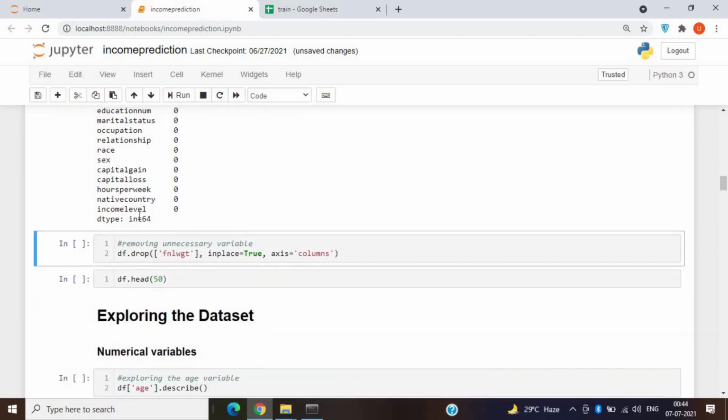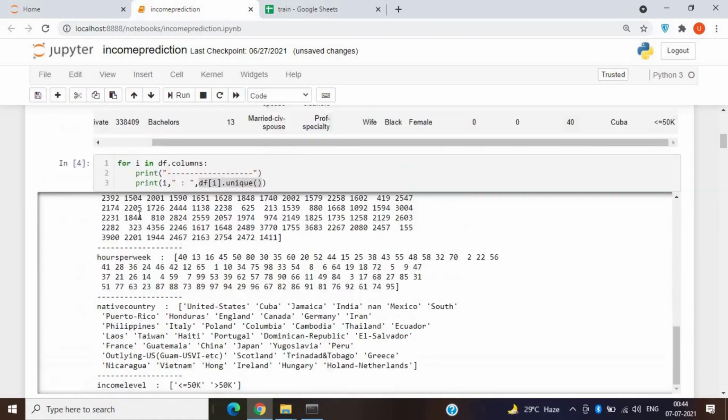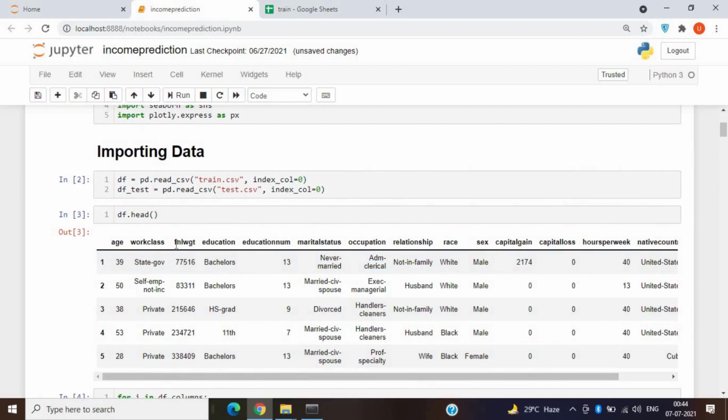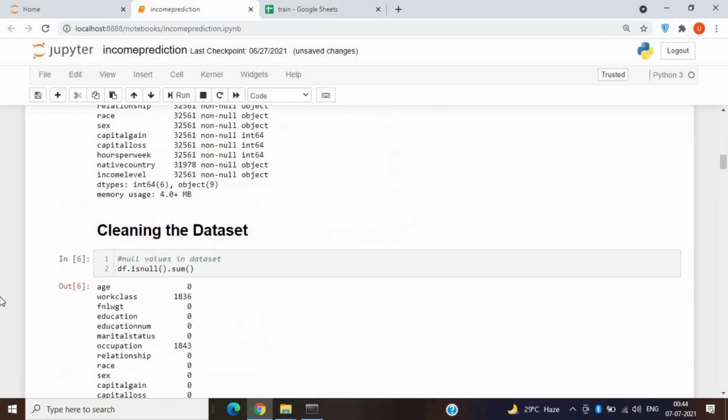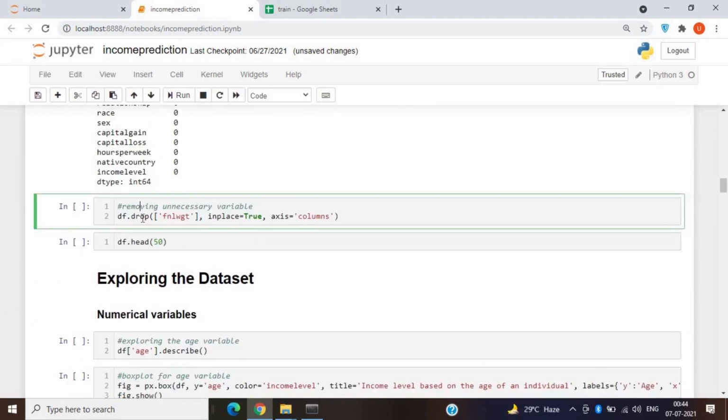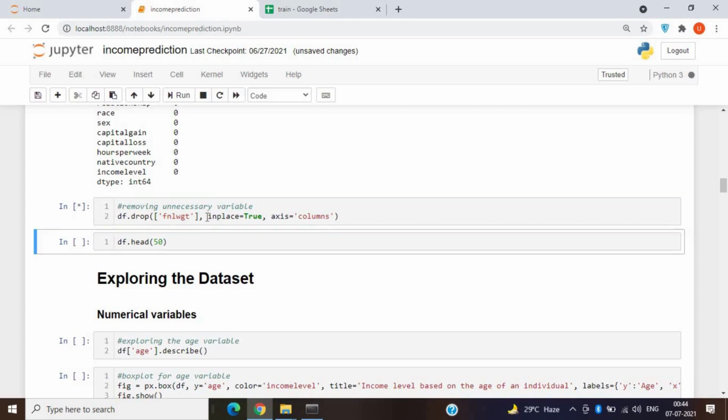Next, we'll remove a column. As we saw in the data set, there's one column which is not of much use while making a decision, so we can just remove that column. Just type df.drop and write the column name. Here we have written inplace equals True. This is necessary to make the changes permanent. Once we write inplace equals True, it will be permanently deleted from the dataset. So doing that,